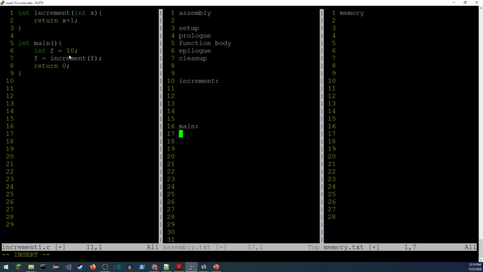I'm going to take a look at what's going on in main, what happens with the stack. So let me make this a little more clear. This is not just memory, but specifically just the stack. Okay, so somewhere down at the bottom of the stack, I'm going to have a base pointer. And that's going to be pointing to the very bottom of main's call stack. And the very bottom most entry in the stack is the operating system stored base pointer.